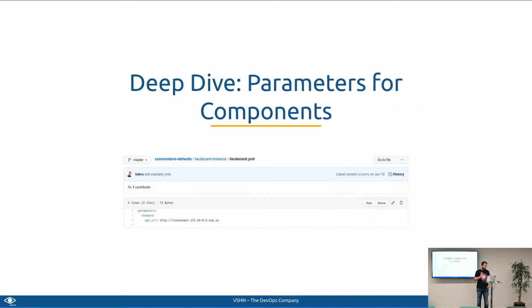Then you can set parameters per component. For example, here you see we configured the API URL on the Steward cluster, and this is now the part where we can override parameters. So maybe you have a common configuration which says, hey, Lieutenant is available here, but for this particular cluster, it's available in a different place.